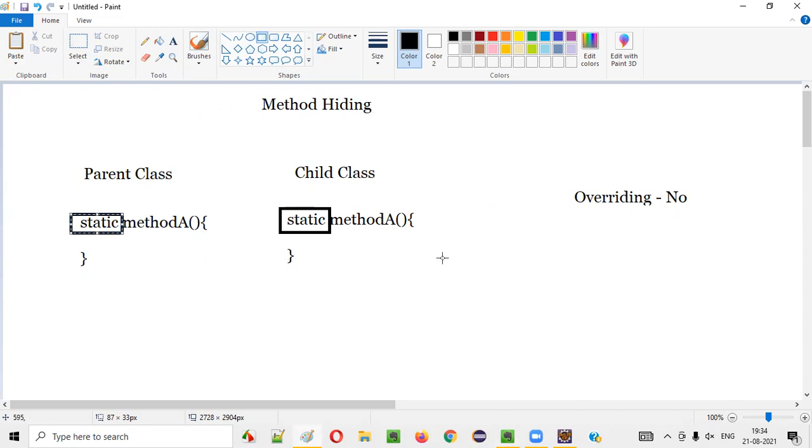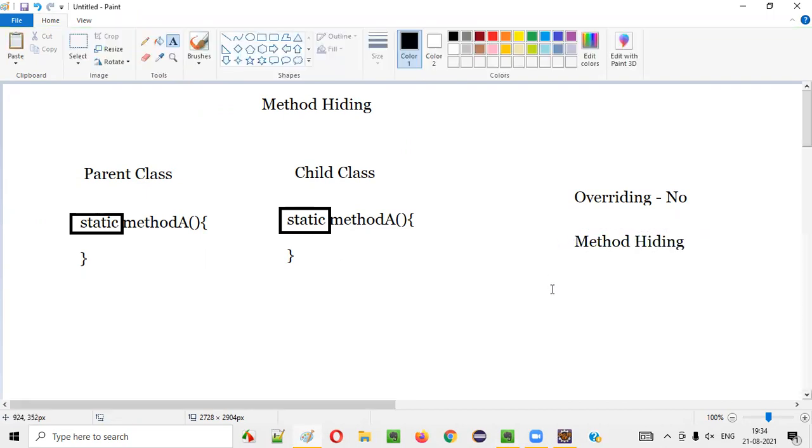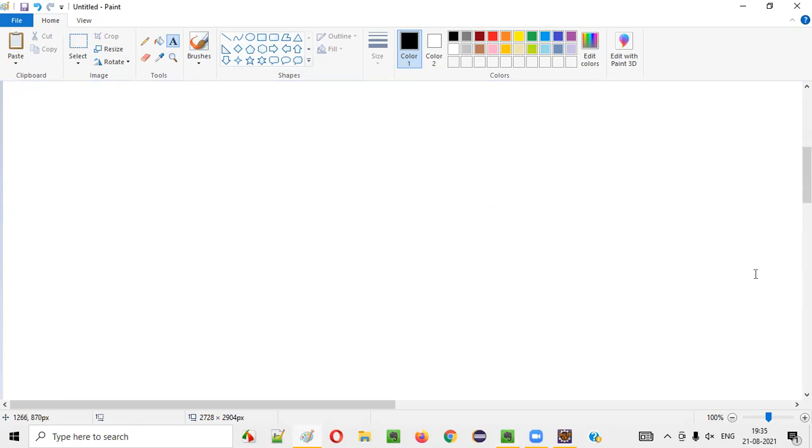In case of static methods, we have to say it is method hiding, guys. If you have the same static method which is already there in the parent class, then the method in the child class is said to hide the method in the parent class. It's not method overriding, it is method hiding, guys. There is a small difference.